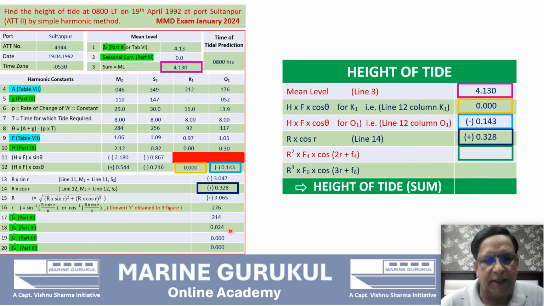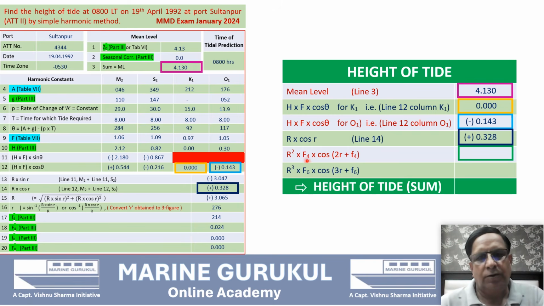Capital F4 is line 18.024. Then multiply by cosine, open the bracket after cosine, and there you feed in 2 into r, small r. Small r we have calculated is 276. So it is 2 into 276 plus small f4. Small f4 is 214,